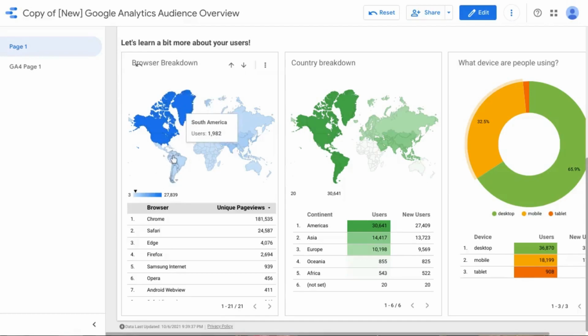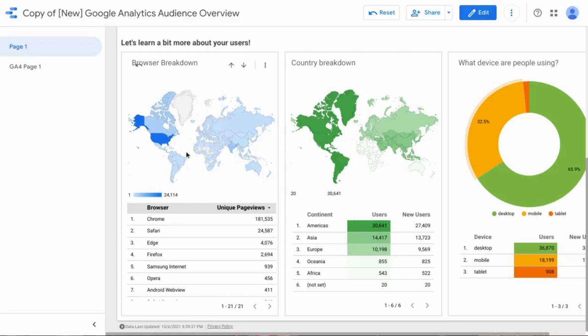So if you actually hover over some of these other areas here, you can see South America, Central America as these subcontinent regions. But another way you can drill down is by right-clicking on an area, and you can either drill up, reset, or continue drilling down. So let's do that. So then it breaks down the map by countries, and you can hover over and see the breakdown